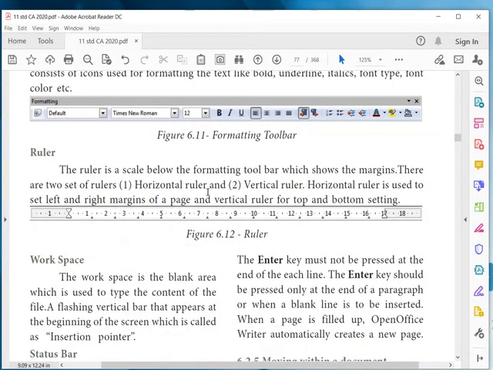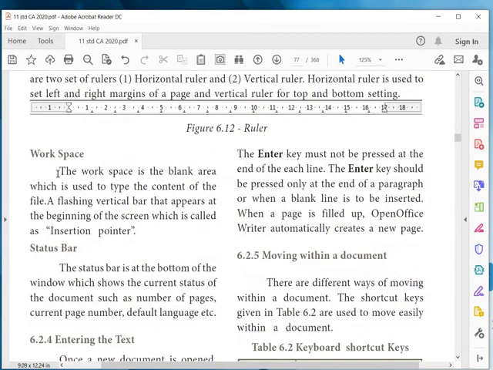The ruler is to measure the margin size as well as the paper size. The workspace is the place where we type the content, and there is a flashing vertical bar which is called the insertion pointer.